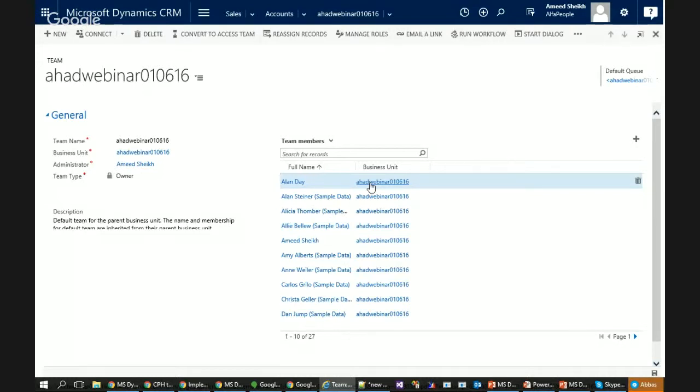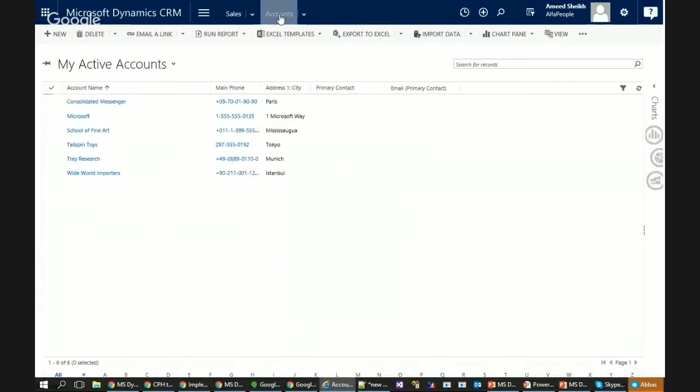So this was the assignment part. Let's take a look at the sharing. Sharing is a bit different. What sharing allows you to do is similar, but you can actually say that